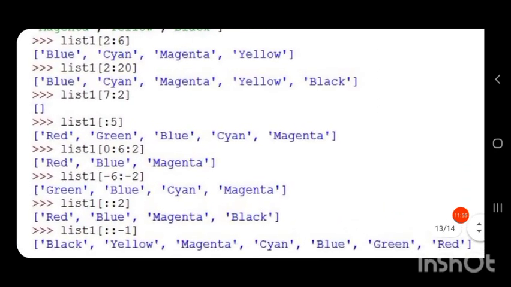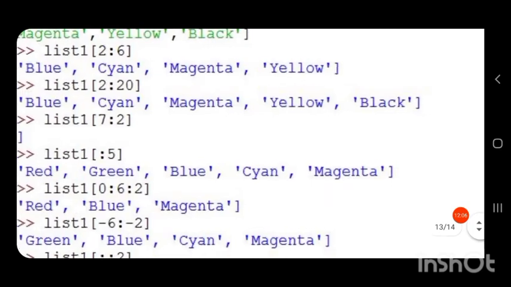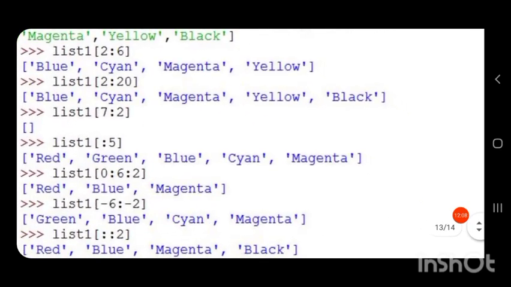Next is list 1 in square brackets 0 colon 6 colon 2. So here, in all the other cases, we had only 2 values separated by colon.